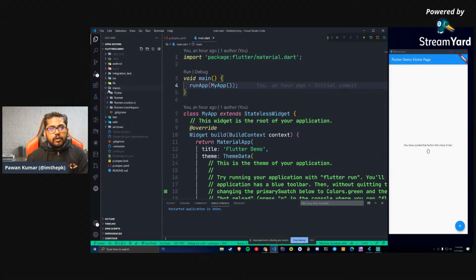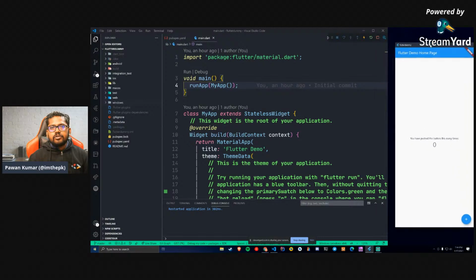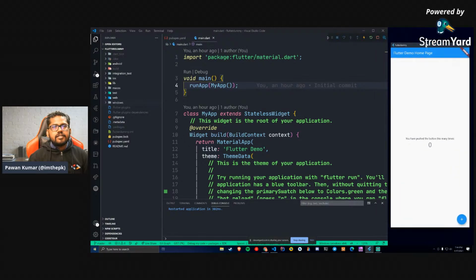One for macOS, if you are using Flutter in the dev channel or master channel, which is not stable, and even web, which is in the beta channel. And Windows as well, if you are targeting desktop applications. So what you see right now on the right-hand side is not a mobile application; it's a Windows app, but you can literally run an Android or iOS app. Right now I'm using Windows, so we cannot run iOS apps directly here, but this works with iOS as well.